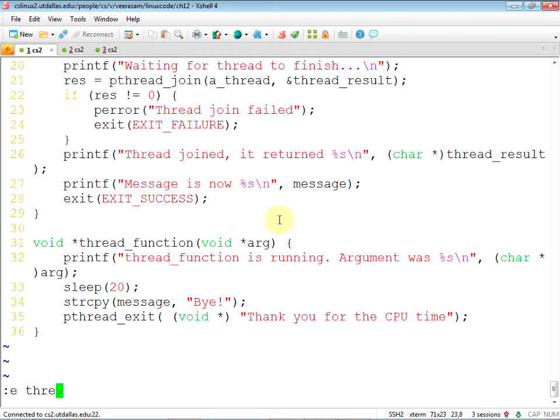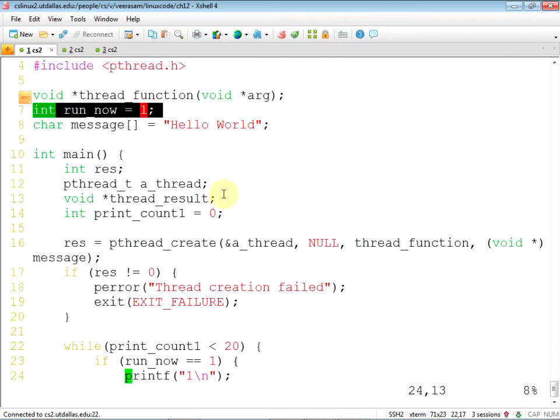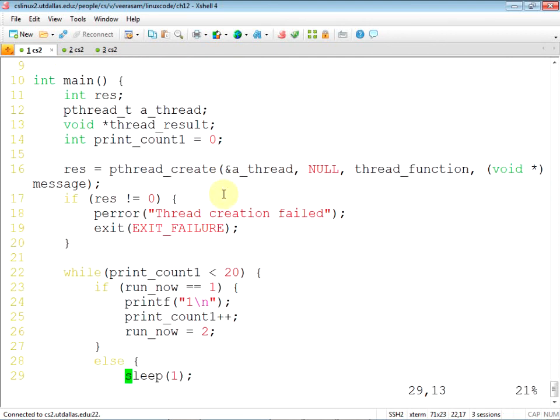Let's look at a more interesting example, thread2.c. Here you have a global variable run_now, set to 1.